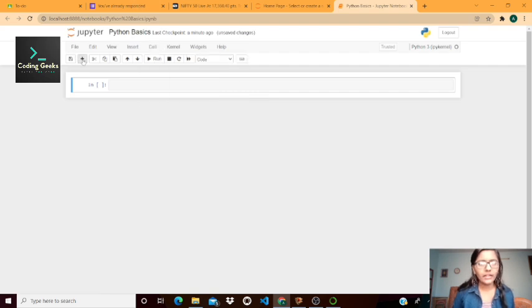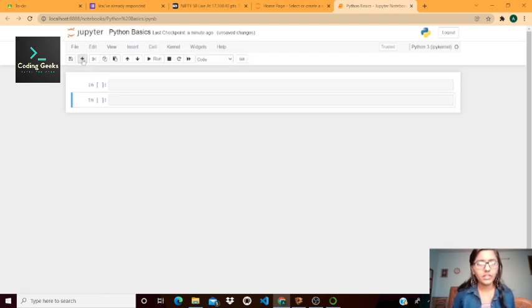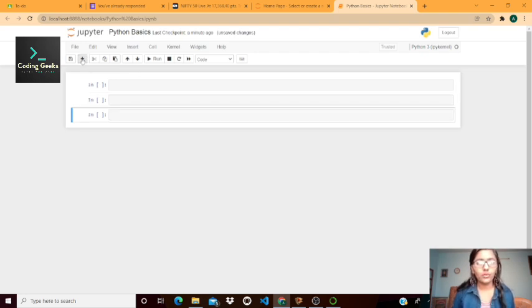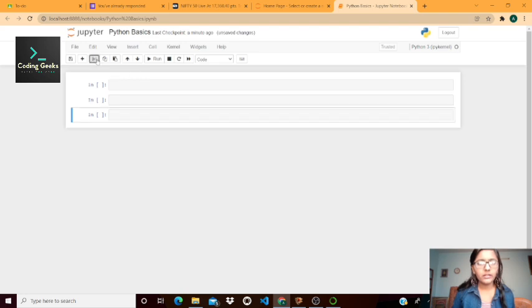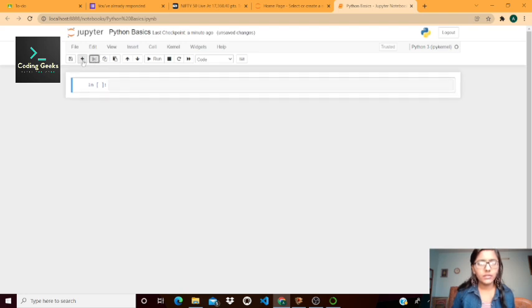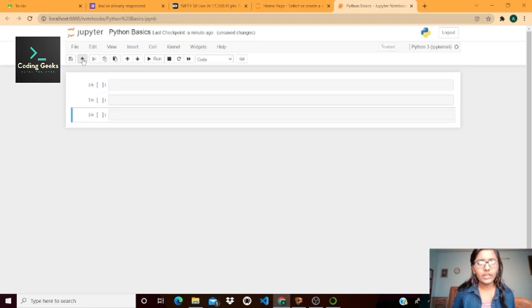If we click on this plus button, it will add a new cell below the original cell. You can see that by clicking on this scissors button you can cut the cells, and from this plus button you can add the cells.